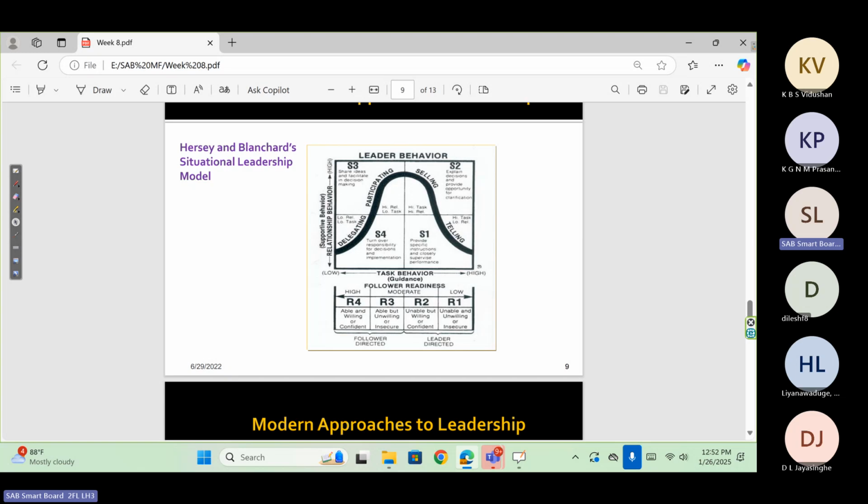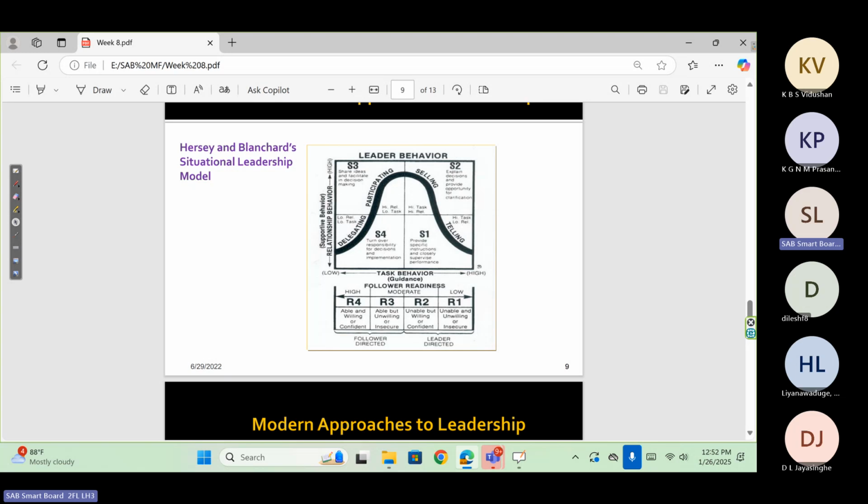The leader provides specific instructions and closely supervises the tasks and performance of the followers. Therefore, the leader gives a high task orientation and low relationship orientation in such a situation. That's how the situation should be conceptualized. Right. But there is a new part considered by Hersey and Blanchard as the extension of the behavioral theory. That's the situational part.